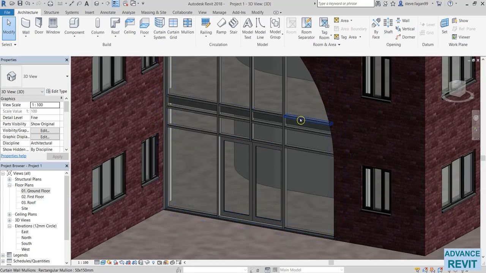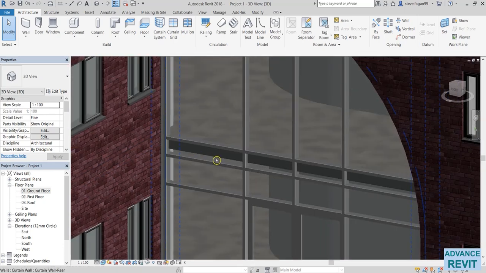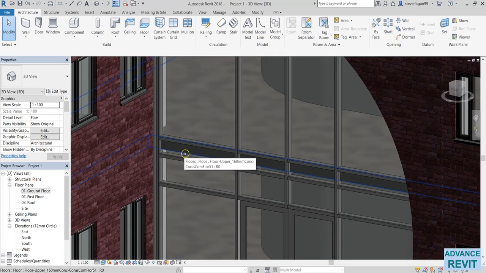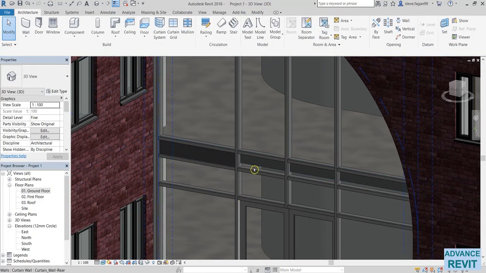So on this level here, you're able to see the slab behind the glazing. So what we can do is we can actually change that panel to a solid panel. So you can do that in the 3D view. Again, just putting the cursor over the panel, selecting the tab key until the panel becomes highlighted. Click with the mouse. We can change it over to solid. Same again, tab,